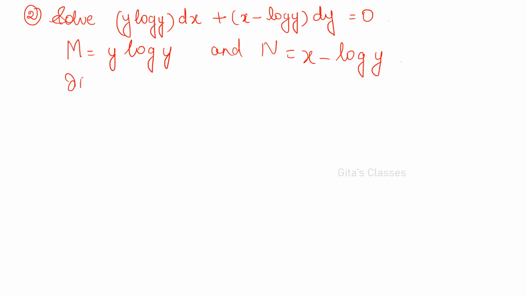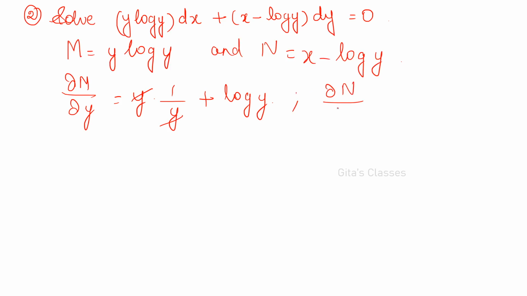What is dou m by dou y? y into 1 by y, right? Plus log y into 1. Differentiating partially with respect to y. So y and y will get cancelled. You will be getting 1 plus log y, right? And dou n by dou x is 1. Now you consider dou n by dou x minus dou m by dou y